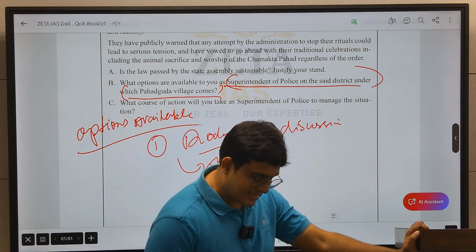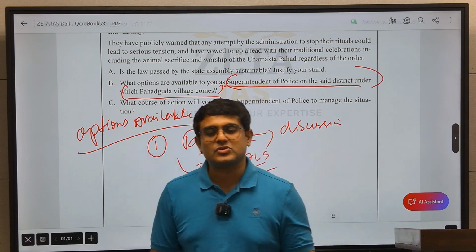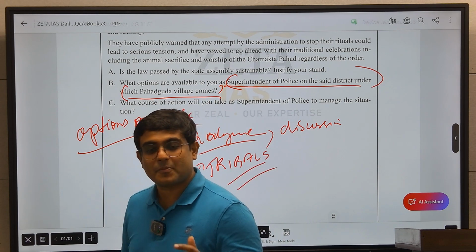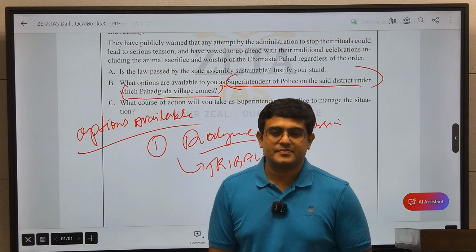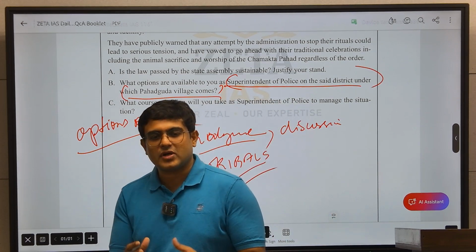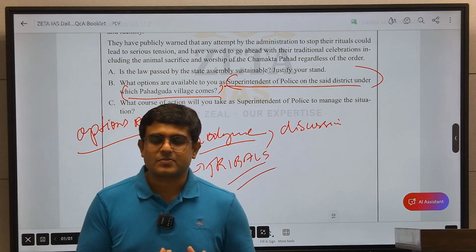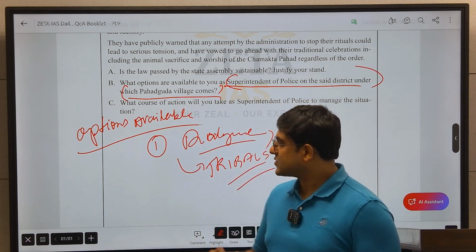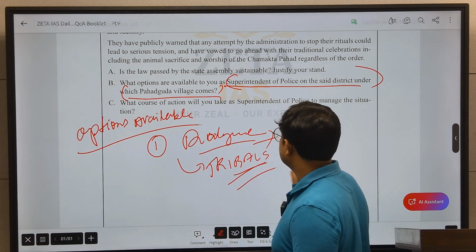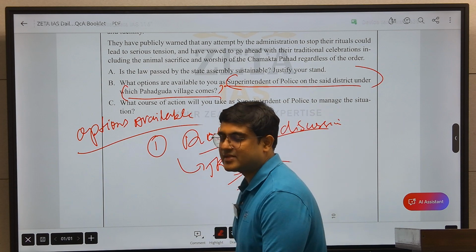Neutrality in the other sense that I should adhere to civil services values as well, of compassion, exemplary behavior, neutrality, working for the poor, avoiding exploitation. Those values you also have. So the option is there, having a dialogue with the tribals, persuading them,